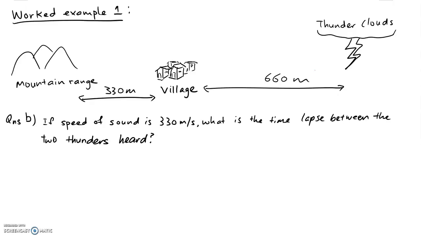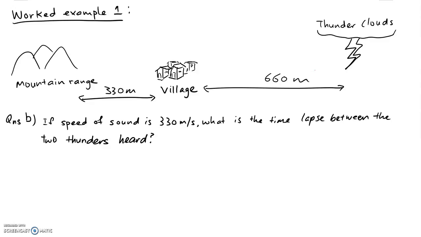Okay, so this is part B of the previous question. As you notice, what I did is to actually change the position of the source of sound and the village. Now, if the speed of sound is 330 meters per second, what's the time lapse between the two thunders heard? You notice that it's the same question, but what happens now is that the context of the question